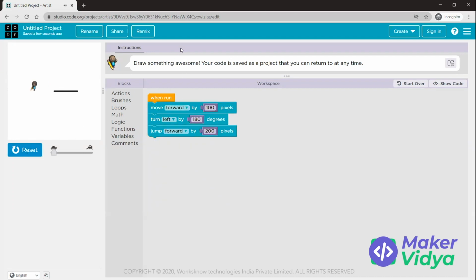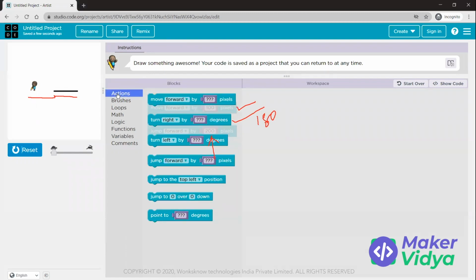Okay, as you can see, first our artist moved by 100 pixels, then it turned left by 180 degrees, and after that it moved forward by 200 pixels, which means it went back by 100 and then moved further 100. Okay, so these are the various things you can do using your action block. Okay, now moving to the next one,